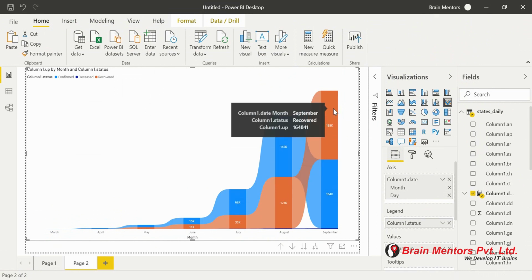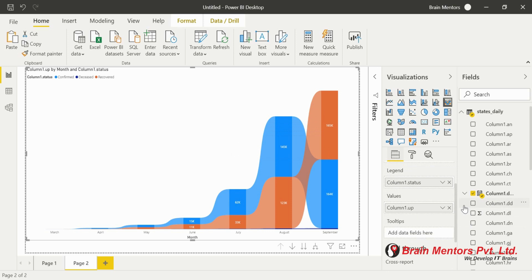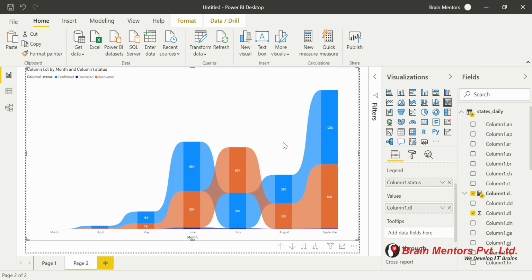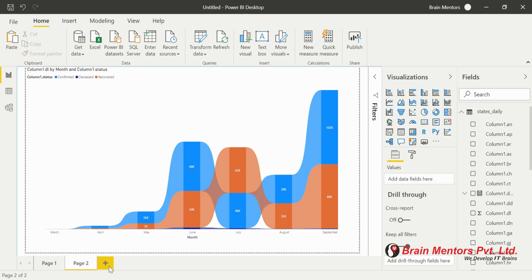So this is a ribbon chart that we generally use to perform data visualization at an advanced level in Power BI. And you can just replace any of the columns to check a different state. So this time, this is the data of Delhi, the confirmed cases in September. That's how a ribbon chart helps you to visualize the data better. It covers the area as well as draws the bar.